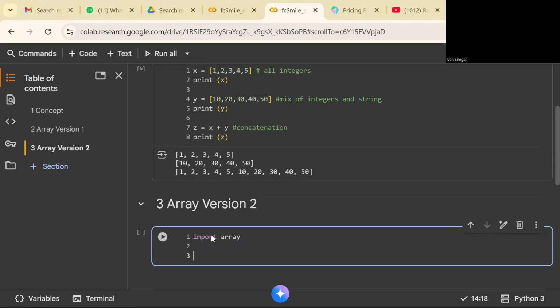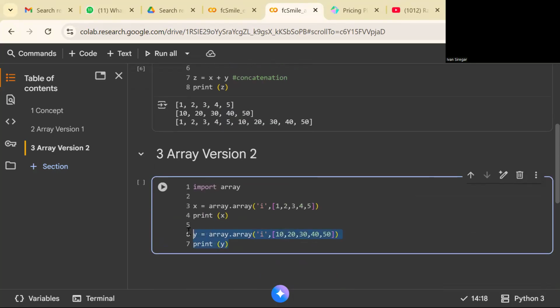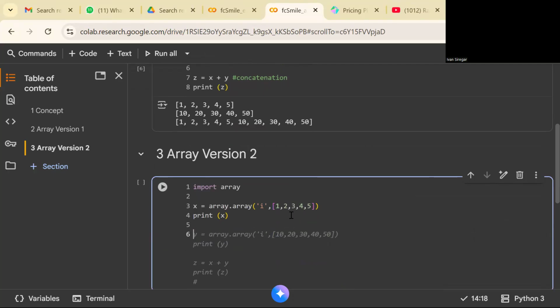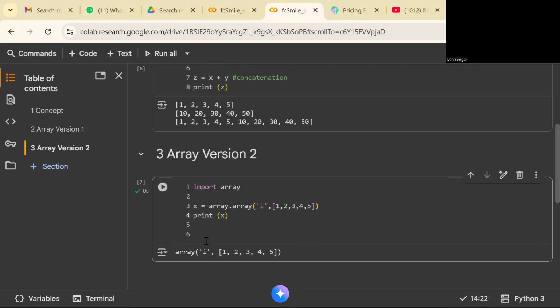Okay, we import the array module from Python, and then let's say we have X as the array like this, with I there. Okay, and then 1, 2, 3, 4, 5. Just the code first. So when we run, okay, so array I 1, 2, 3, 4, 5.